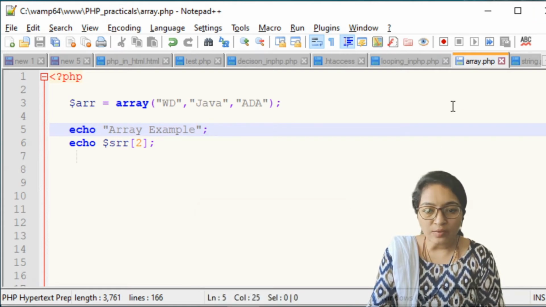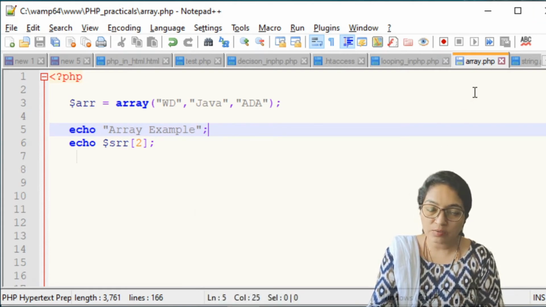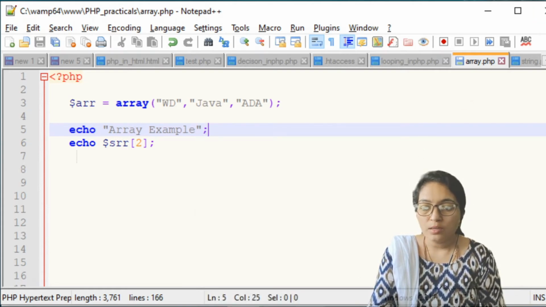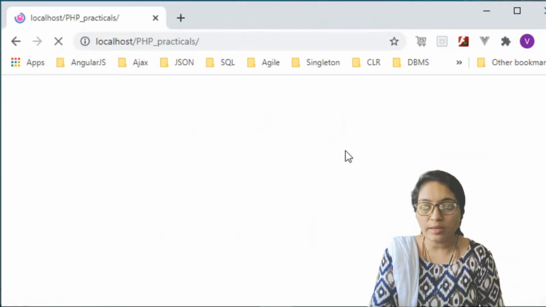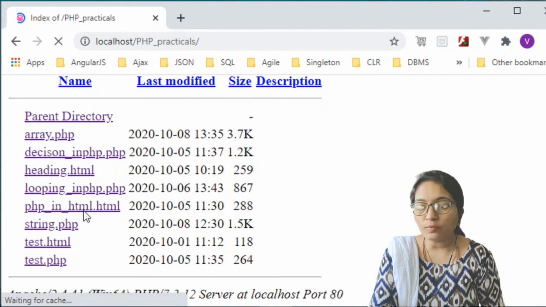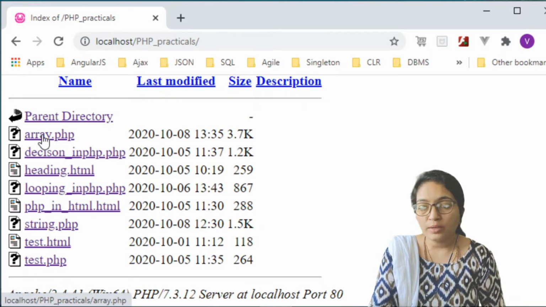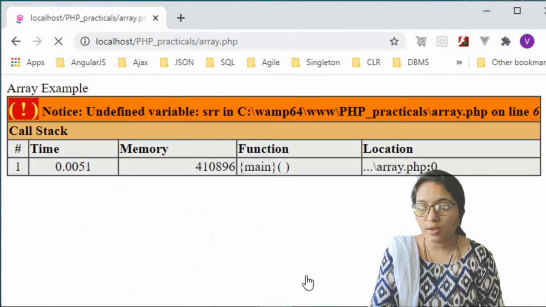As I have already created this file and saved it in the www folder, when you start the WAMP server and then click on localhost PHP practical, it will display the list of each and every practical that is available in that folder. So here our practical name is array.php. Click on this. Sorry, we have not saved it.